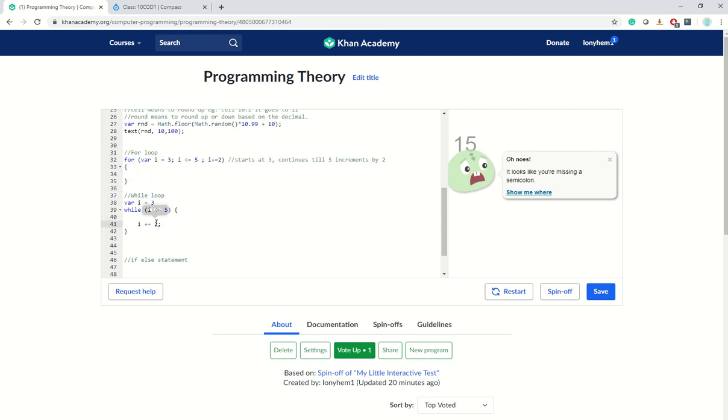Same, if you want to increment by 1, you can change that to 1 or 2. If you want to change your end value, you know, change it to 10, and so forth and so on. Okay, so